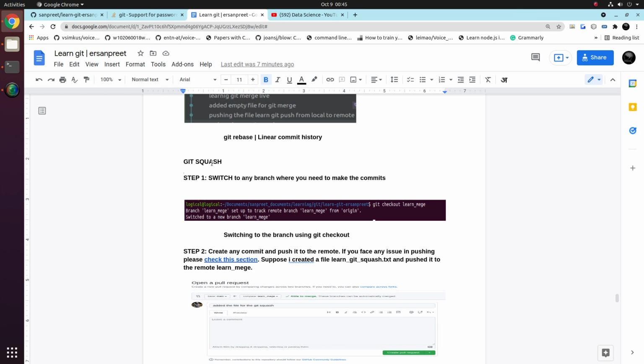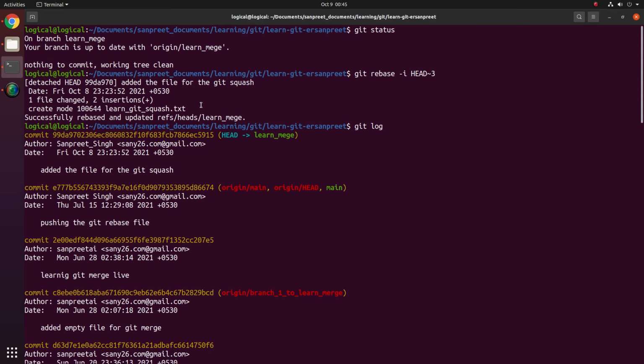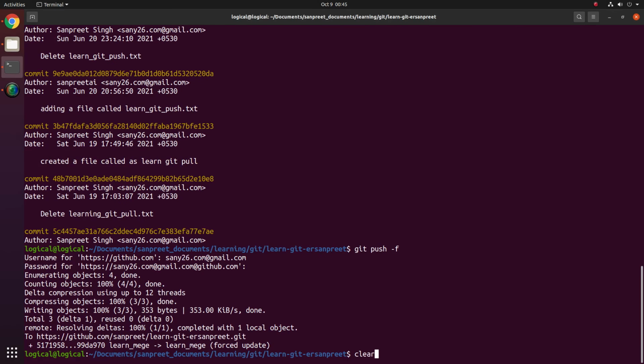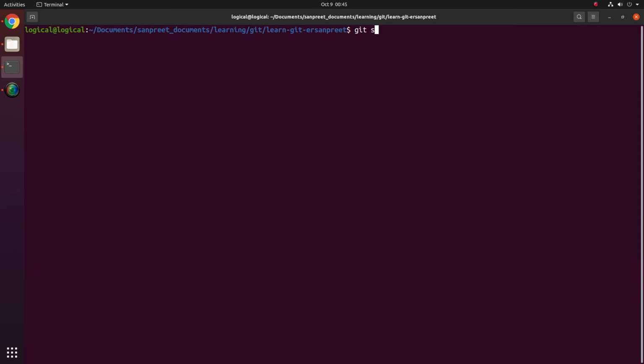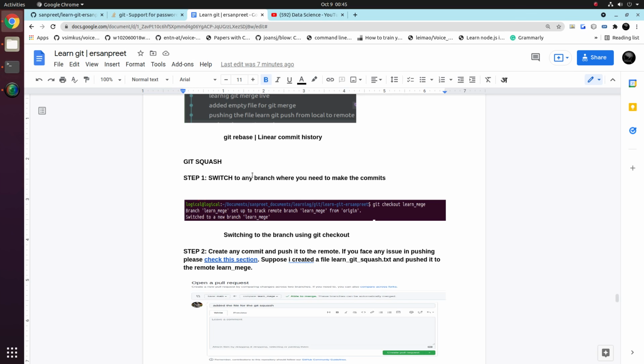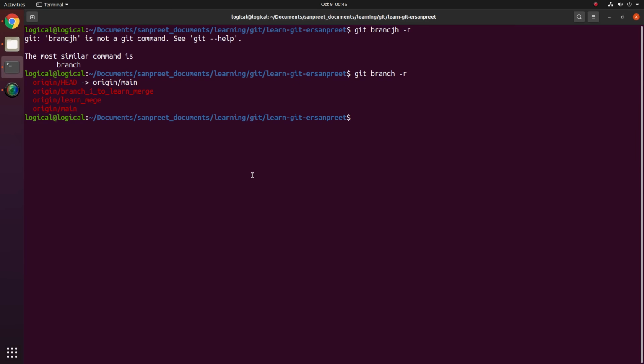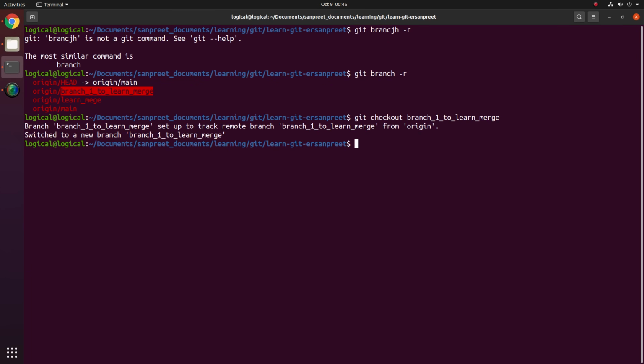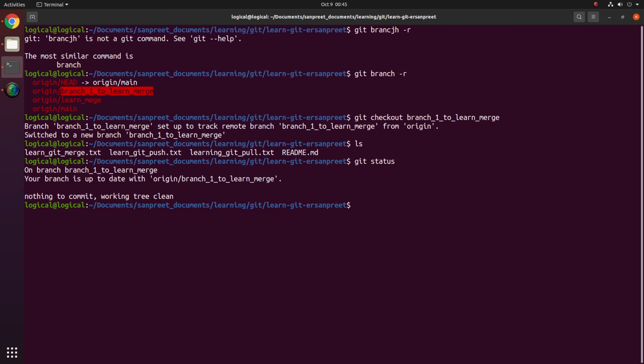Okay, to help you understand, let us do a practical implementation with the steps. This is my Git clone branch, and let me show you all the branches that I have. So what is the first step? Switch to any branch where you want to make a commit. How to switch? Git checkout, the name of a branch. Let me switch to this. Perfect. Now let me see what is there, and also see whether I am at the same level as the remote. Perfectly.